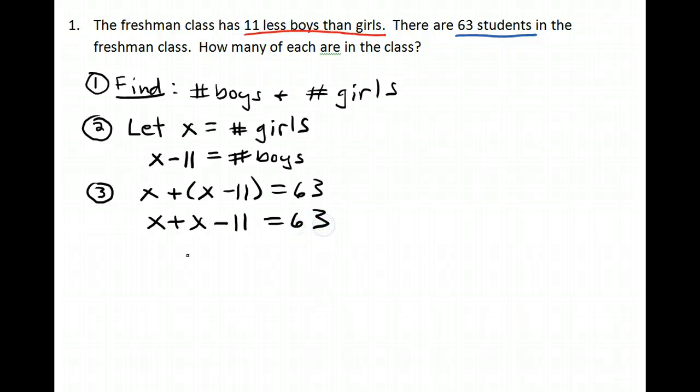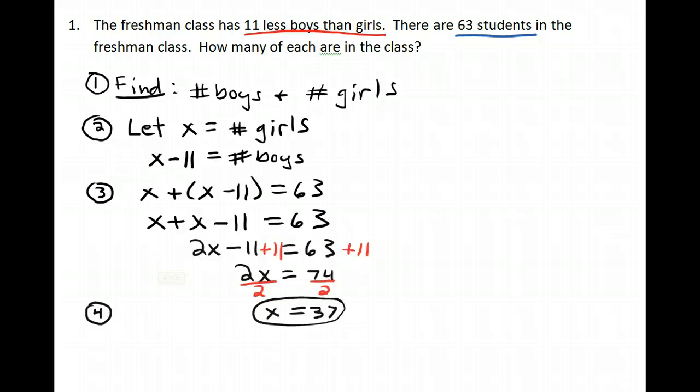Okay, so I just need to solve that. Now I've solved that, and I get x equals 37. But I also need to consider that I'm supposed to find the boys and the girls. So I know that there are 37 girls, but I also need x minus 10, which is 37 minus 10, which is 27. So write both of those down, circle them,